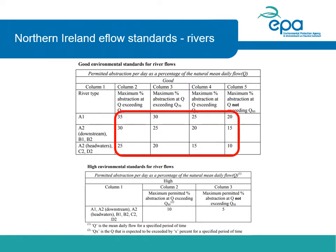And as you can see in this table here, this shows you at the various flow percentiles what can be taken out of each of those classes. So if we look at the column on the right hand side, this is at the Q95 at and below the Q95 in A1, which are the low sensitivity catchments. You can take out 20% of the flow. In the medium sensitivity, you can take out 15% of the flow, and in the high sensitivity, you can take